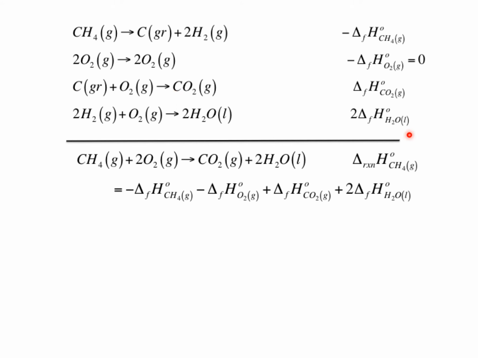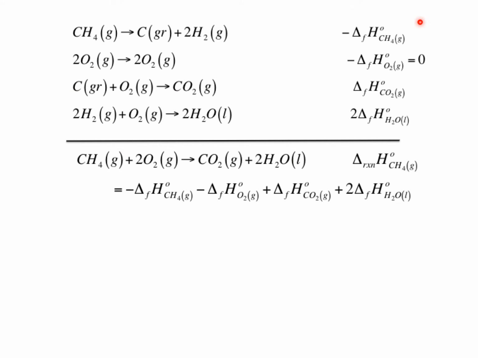Because delta H is a state function, it doesn't matter if I do this in 4 steps or if I do it in 1 step, the delta H will always be the same. So I can add up the result of the 4 steps to get the result of the single step reaction that I'm interested in. And so the delta H of reaction for the combustion of methane is equal to minus